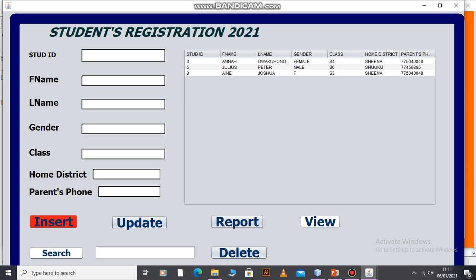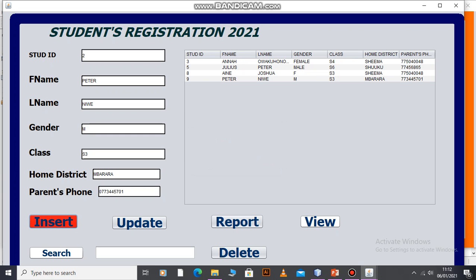So here I say ID, I have 34, then I will add, let's say number 2, student Peter Noe, gender male, class senior 3, district Barara, then phone number 0773457701, then I say insert. It has been inserted